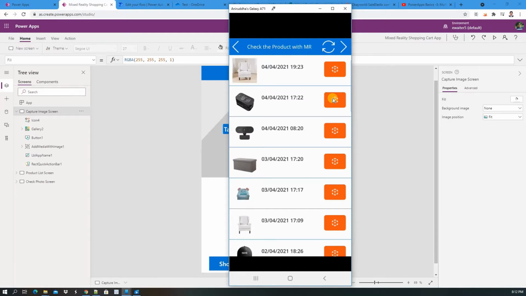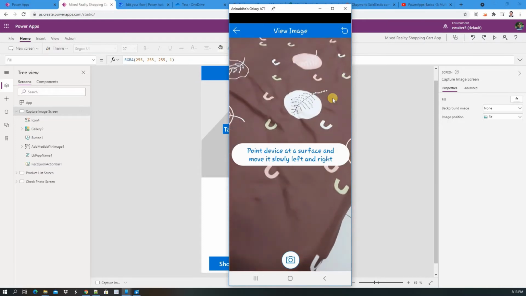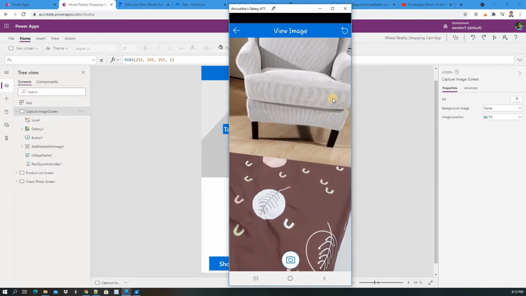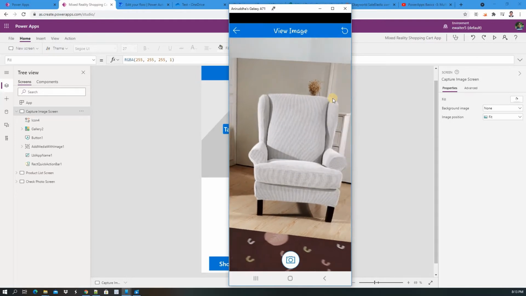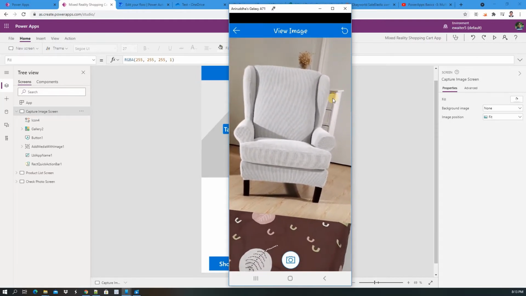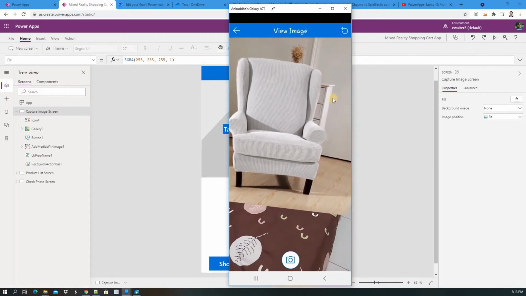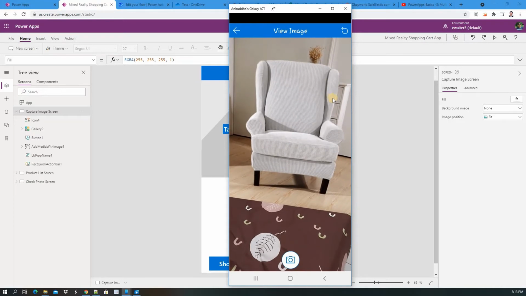Not the first one, as I said, I just uploaded that in SharePoint directly. So let me show you what will happen if you do it directly. You can see there is a background, and it will not give you the feel that only that sofa is there, all the background will be there. So you need to do something so that the background is removed and only the product is there.